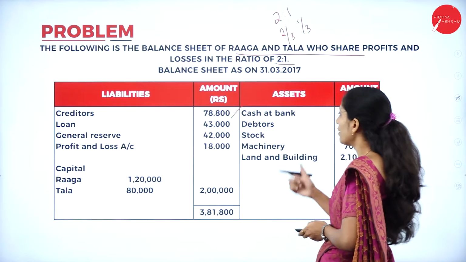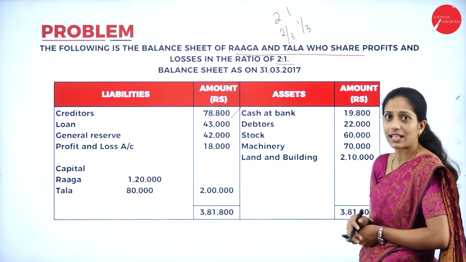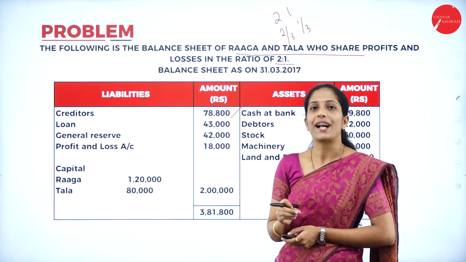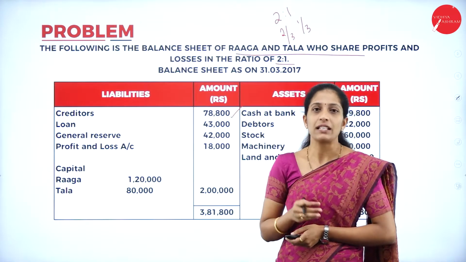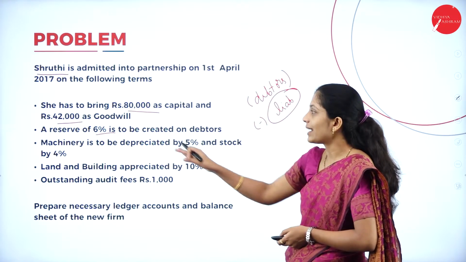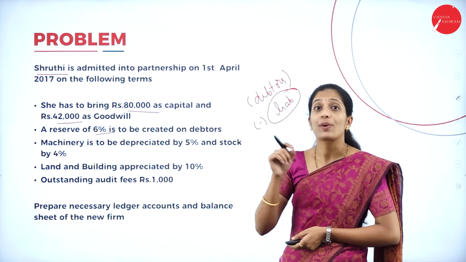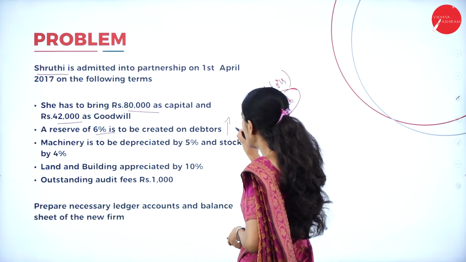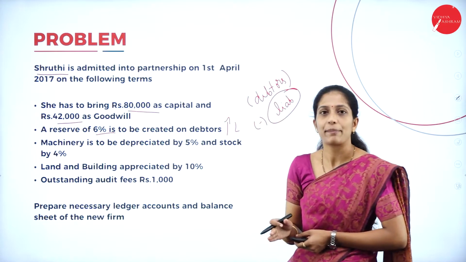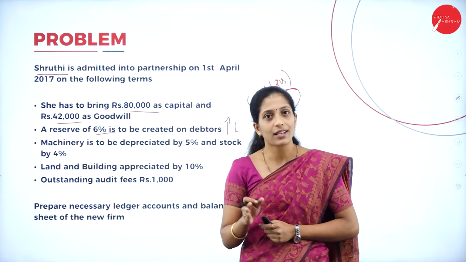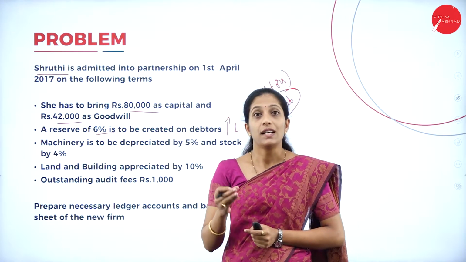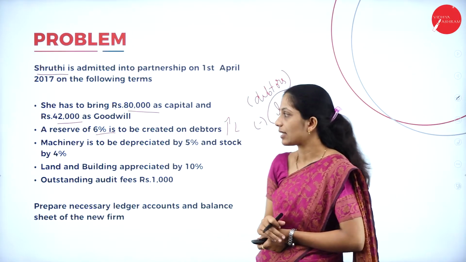Now, if you see the balance sheet, they have not deducted the reserve. In the sense, in the adjustment, they are telling us that on the admission of a new partner, a new reserve has been created. To what extent? At 6%. So, we have to deduct that reserve. So, it's nothing but an increase in liability, because reserve is a liability. In the balance sheet, they have not given that liability, but they are telling us now to create a reserve. In the sense, liability increases.